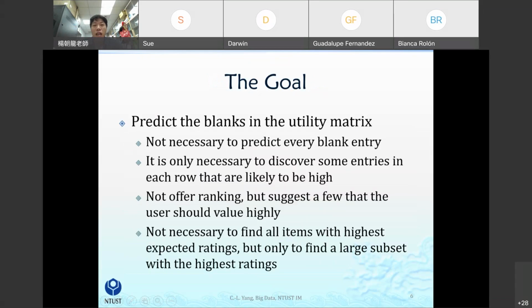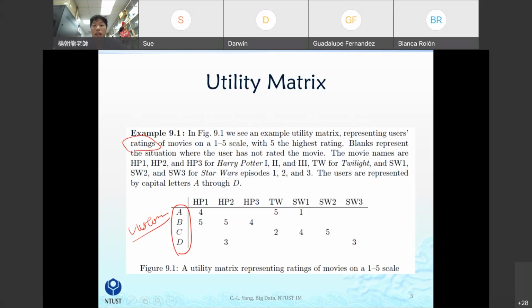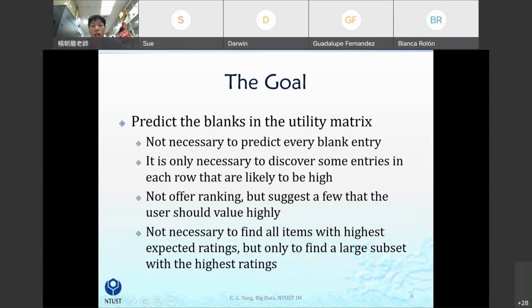Here is the thing: our goal is to try to predict the blanks in that utility matrix. As you already see, there are several spaces with nothing. That means that a customer never watched Star Wars 2 or Star Wars 3. Maybe they watched it, they just didn't put in a rating. So you can see this matrix is very sparse. Sparse means that a lot of spaces are empty, and the empty ones are called blanks, and we want to predict